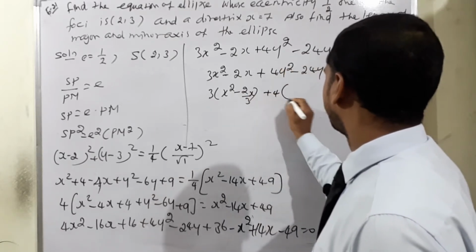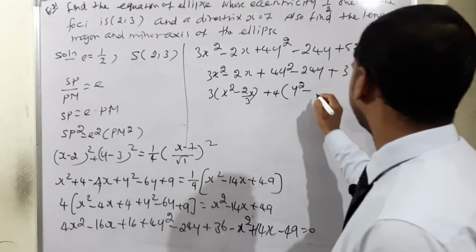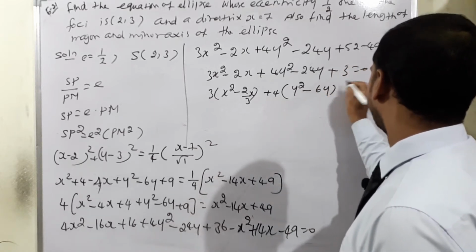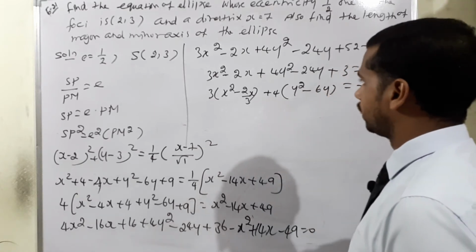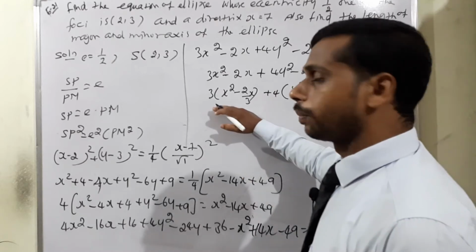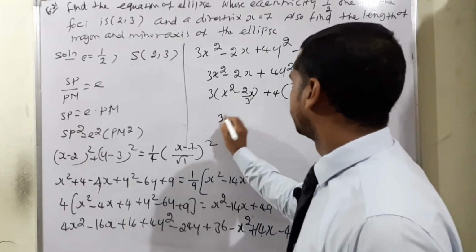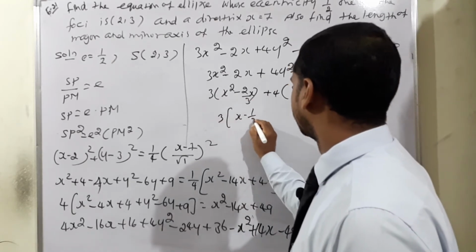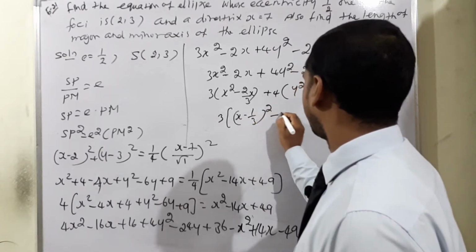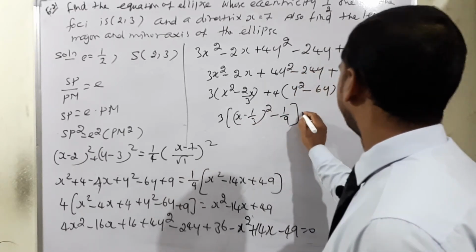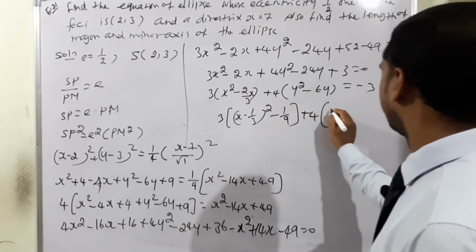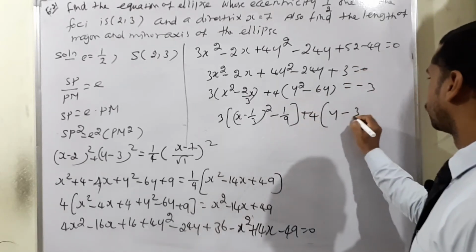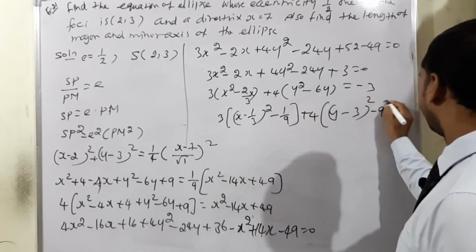Then plus 4, take common outside, means y square minus 6y, plus 3, bring out opposite sign, means minus 3. Again we have to apply completing square. Completing square means 3 into (x minus 1 by 3) the whole square minus 1 by 9. Then plus 4 into here, y minus half of 6, means (y minus 3) the whole square minus 9,